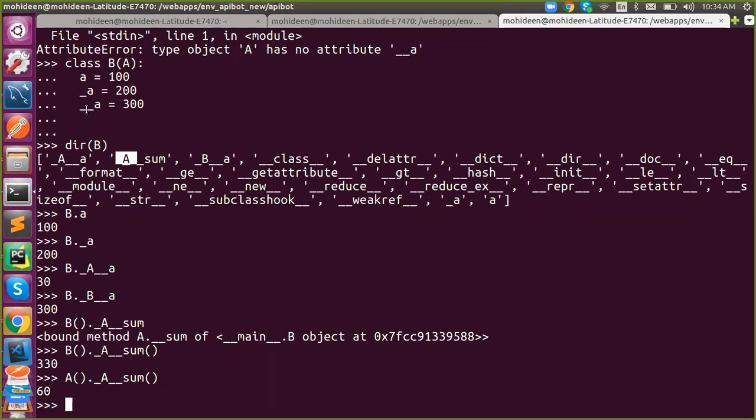And what is remaining? Underscore variable. Got it? Any doubts?